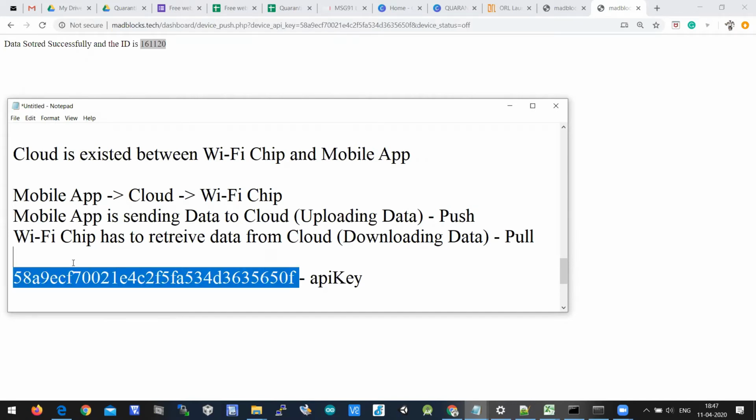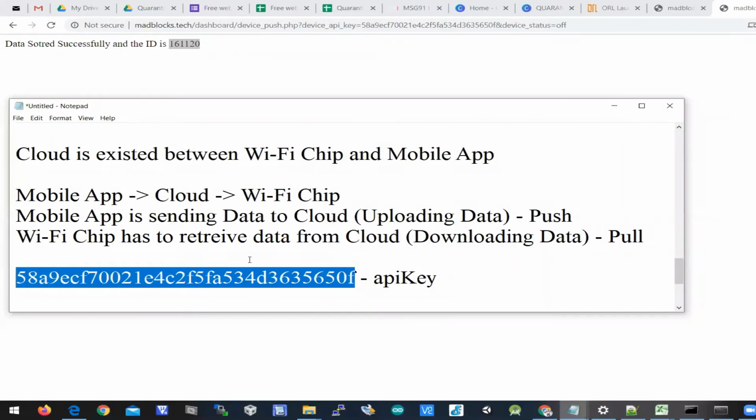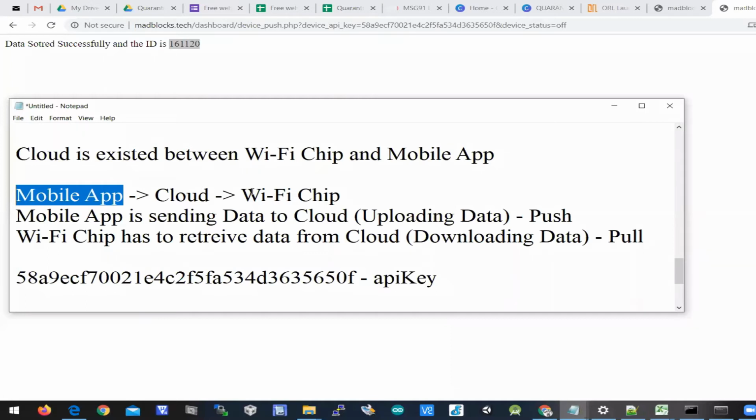I'll talk about hardware after completing software. Using this API key, we can access mobile app data on the Wi-Fi chip.